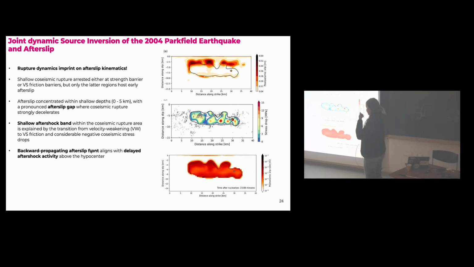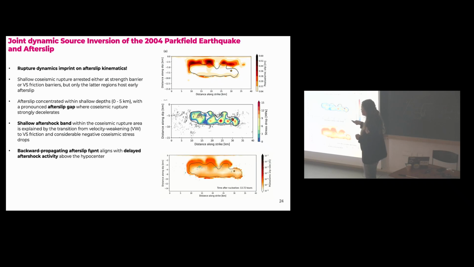Now, it starts to get interesting if you're also looking at the afterslip evolution, because what happens during the earthquake imprints directly on the afterslip kinematics. And you see here an animation. So the first thing is, this is not a boring afterslip front that is just filling up everything that didn't slip. This is something that has its own kinematics, interesting, speeding up, slowing down, going through asperities. And in addition, it has a memory of what happened during rupture.